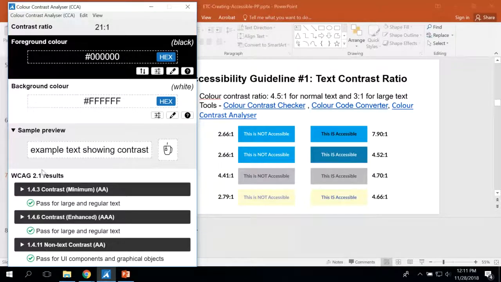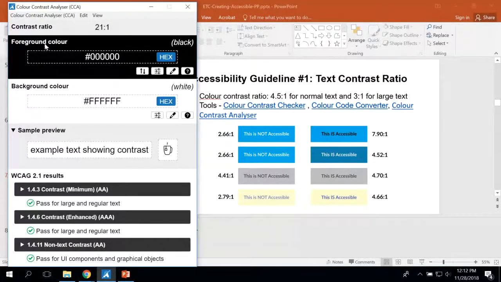On the bottom of the app, it spells out the WCAG guidelines. The first one is the one we need to comply with, the AA. AAA compliance is a much larger contrast ratio. It's actually 7:1. For AODA compliance, we don't need to comply with that, but we do need to comply with this first one, the 1.4.3 contrast. So the way that I use that is